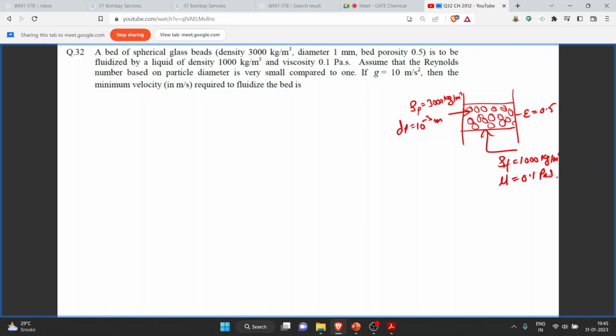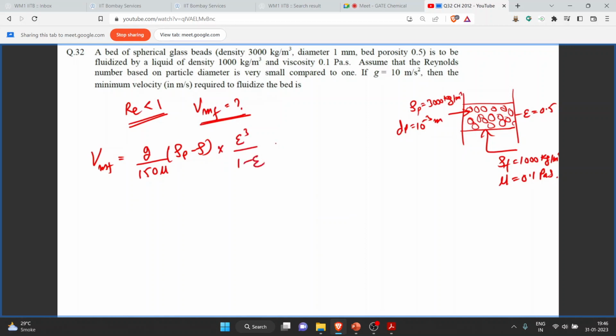So the Reynolds number based on the particle diameter is very small compared to 1. If g is equal to 10 meter per second square, then we have to find the minimum fluidization velocity, that is VMF. Since the Reynolds number is less than 1, from the Ergun equation, we can write the fluidization velocity as VMF is equal to g upon 150 mu, rho P minus rho into epsilon cube upon 1 minus epsilon,